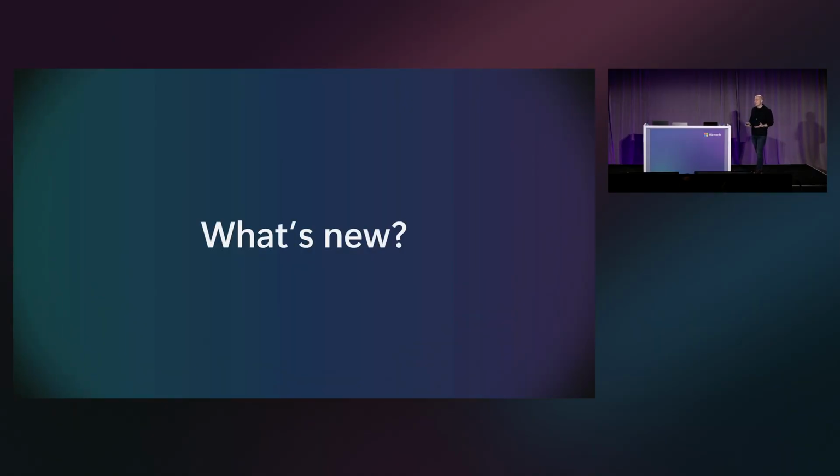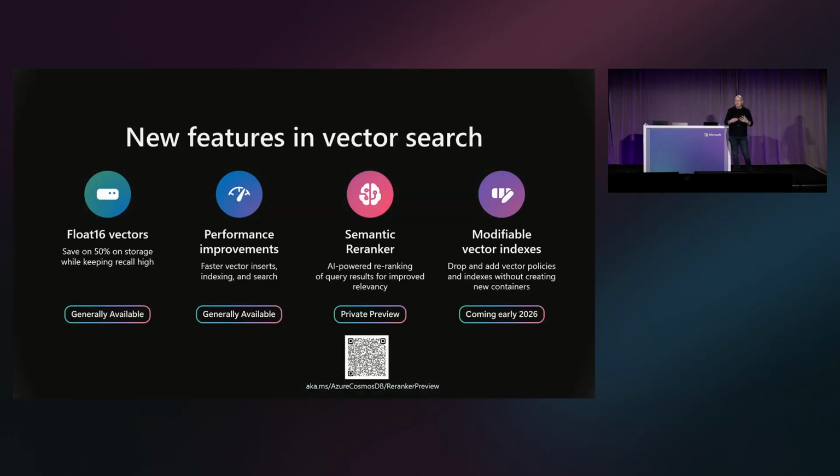So in addition to all this greatness for Cosmos DB, what's new? What are we building actively and releasing here at Ignite? Well, we have multiple new features for vector search, starting with float 16 data type support for your vector embeddings,